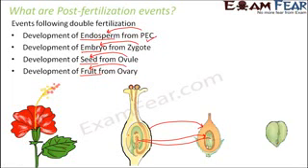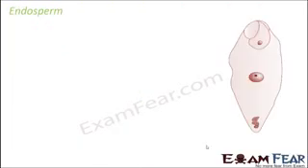And then inside this, as I said, inside the fruit you have the seed. So if you exactly look at the structure of the seed, this is how it looks like. Now even inside the seed, you will be able to find the embryo, different parts of the embryo, how it gives rise to the new plant. So we will talk about all that now. So first let us talk about endosperm. So what is endosperm?